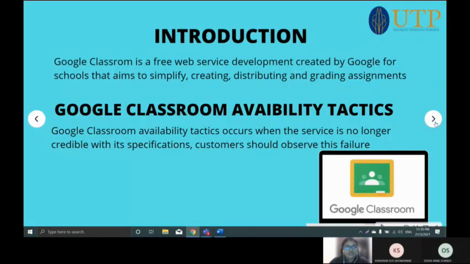So what is Google Classroom? Google Classroom is a free web service created by Google for schools, aiming to simplify creating, distributing and grading assignments. So availability tactics in Google Classroom occur when the service is no longer credible to its specification, and customers